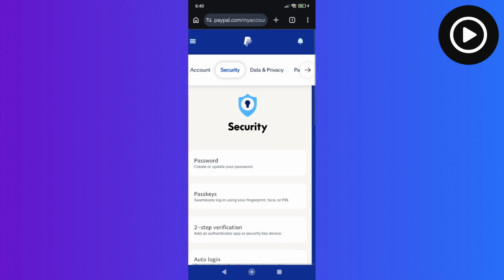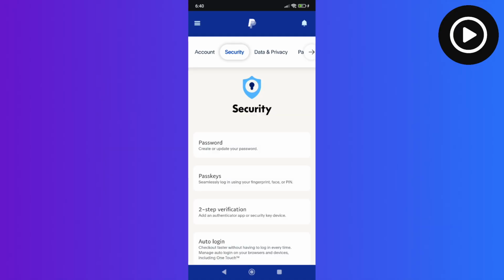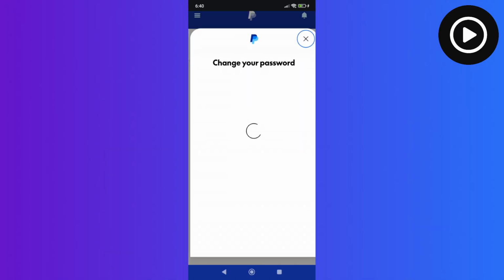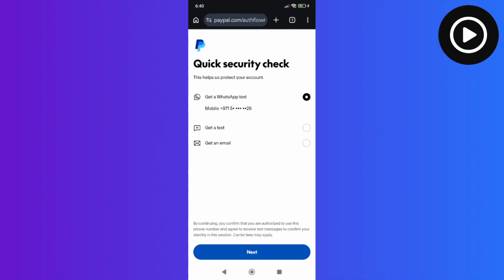Now all you need to do is just scroll to the password here and just click on password, and this should bring up the change password window where it will usually ask you for your old password. And before being able to change it, you might need to confirm this or pass this security check by entering